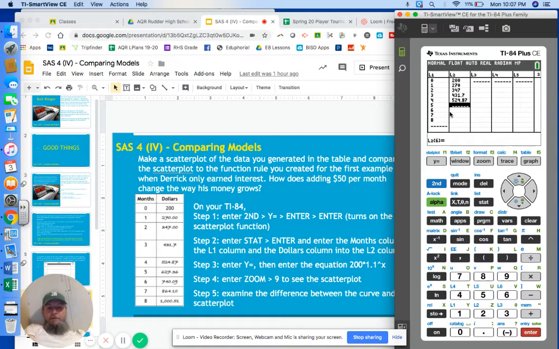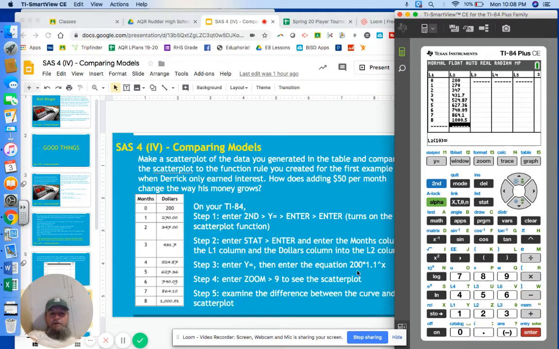524.87 for the fifth month, 627.36, 740.09, 864.1, and 1,051 for the eighth month. Okay, so we have all 9 values from the 0 month to the 8th month, and we want to enter